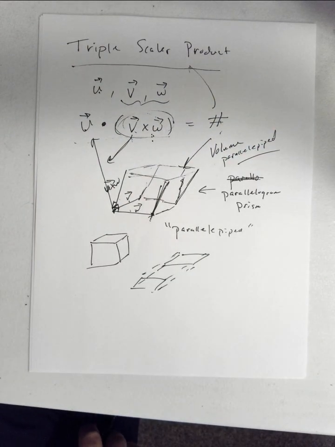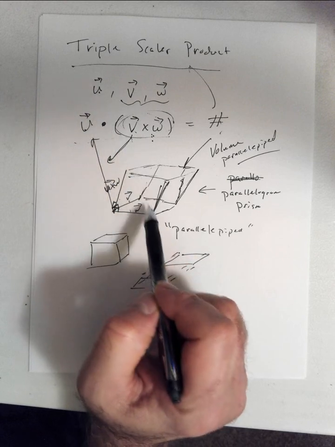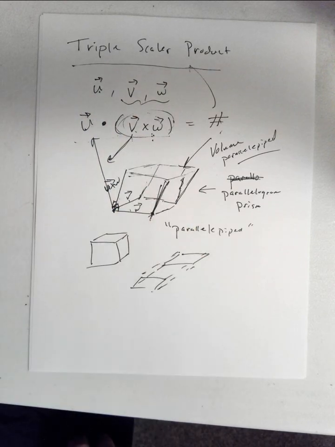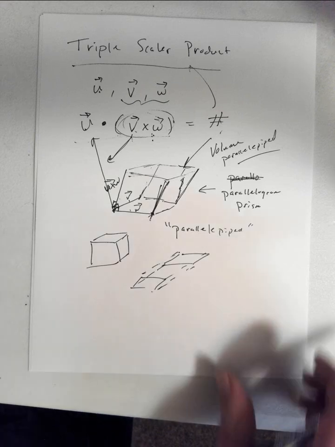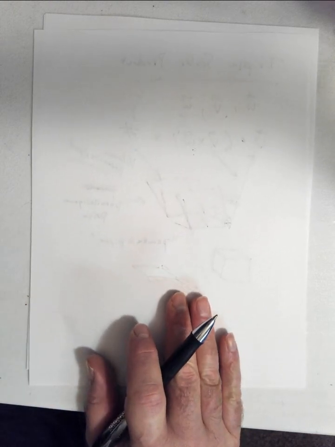So when you take three vectors and you calculate the dot product of the third vector with the cross product of the other two, you get the actual volume of that parallelepiped. So that's the significance of the triple scalar. Let me show you an example of that, how that all works. Let's say we have